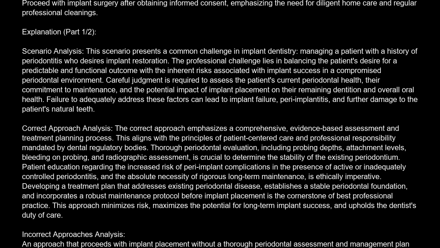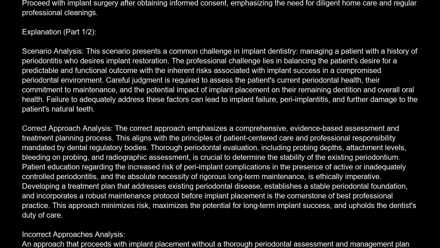The correct answer is B. Proceed with implant surgery after obtaining informed consent, emphasizing the need for diligent home care and regular professional cleanings. Explanation. Scenario analysis. This scenario presents a common challenge in implant dentistry, managing a patient with a history of periodontitis